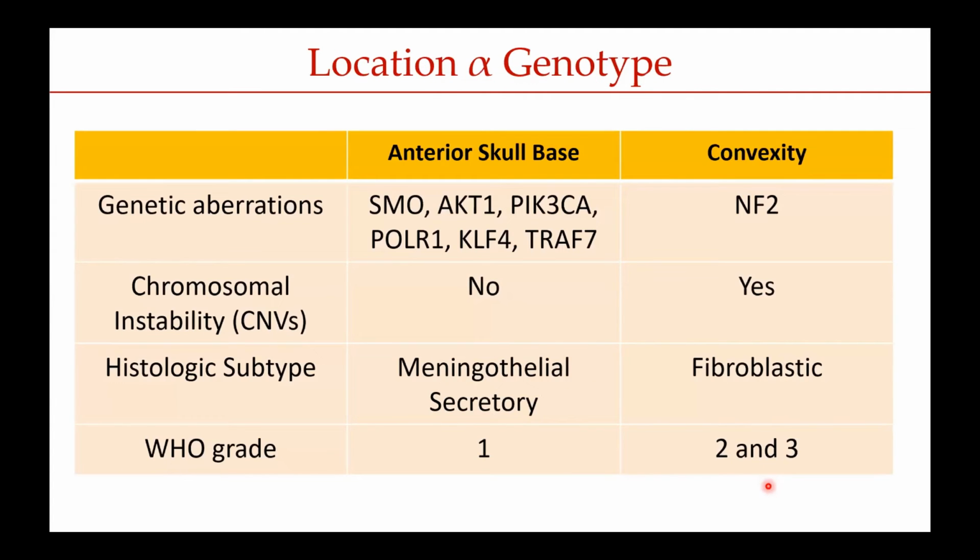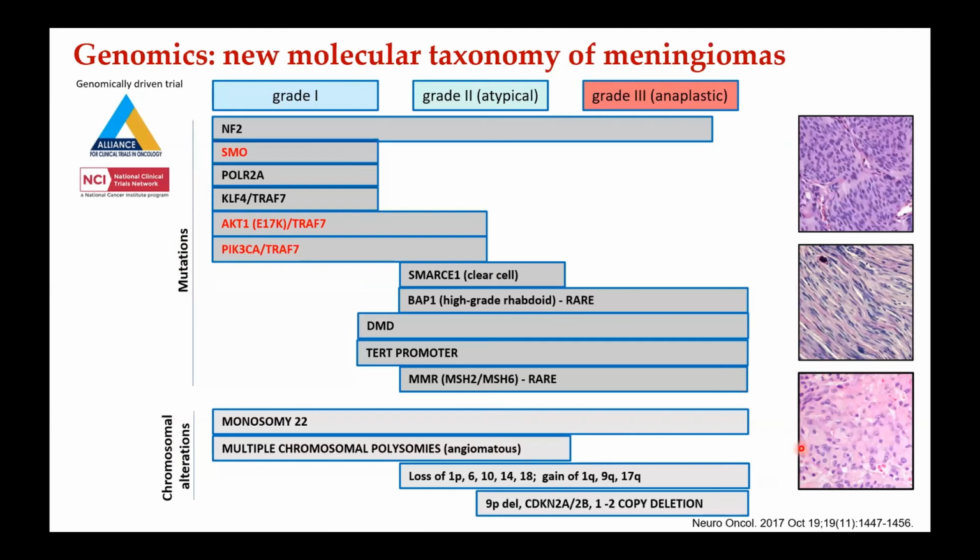And then the final point with the meningioma is that, again, location, mutation, and histology are very tightly linked. So certain mutations will occur in certain tumors in certain locations in the brain. So SMO, for instance, is very common in the olfactory groove meningiomas. NF2 is very common in the convexity meningiomas, which then often tend to have chromosomal instability and tend to go on to be higher grade. And then this is just a summary of that, but there's no need to go too much into detail of